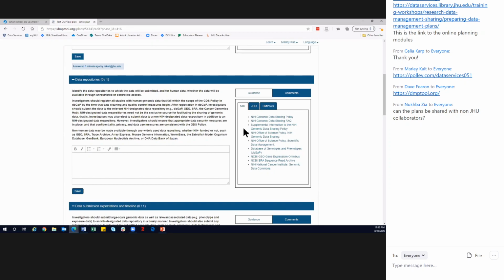So the first tab we're going to see is NIH. This is more funder-specific guidance. And here we have a lot of links directly to the NIH website. So we'll see their genomic data sharing policy, data sharing FAQ, supplemental information to the policy. So this makes it very easy as well to get the information directly from